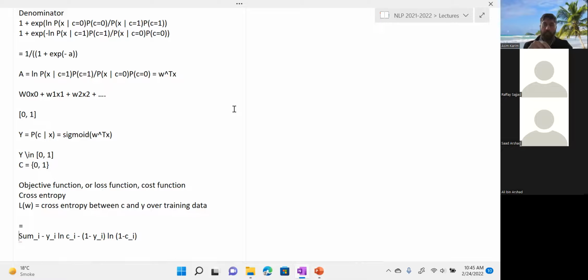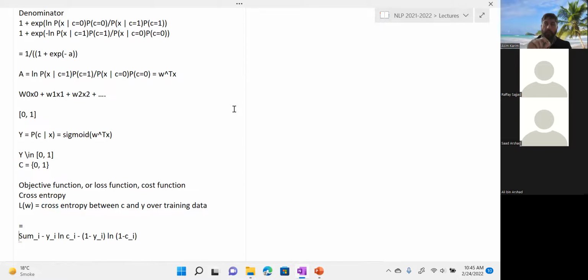So the first expression goes away, and we only have the second expression, which is computing or estimating the entropy between C